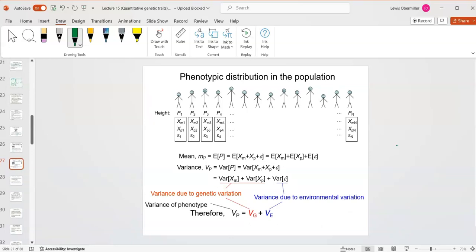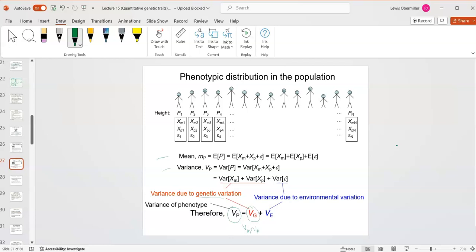All right. So I'm not going to go through all this math. We just figured out how to do the mean and the variance, so I'm not going to go over that. So if we calculate the variance of the phenotype, right, and I showed you how to do that with the salamander length and then head length and body, whatever it was, we can calculate genetic variation, the variation due to mom, plus the variation due to dad,